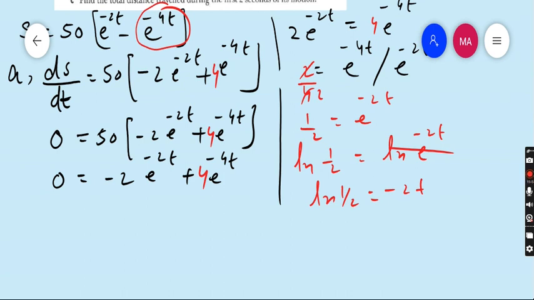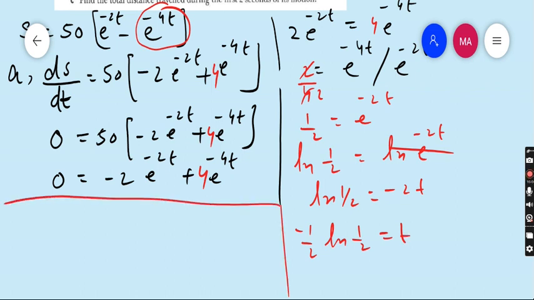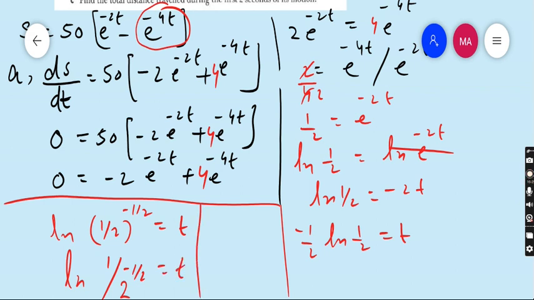Or you can write ln of minus 1 upon 2, ln 1 upon 2 is equals to t. Or you can write ln 1 upon 2 to the power minus 1 upon 2 is equals to t. This is the property of logarithm. Ln 1 power minus 1 upon 2 is 1, and 2 power minus 1 upon 2 is equals to t,